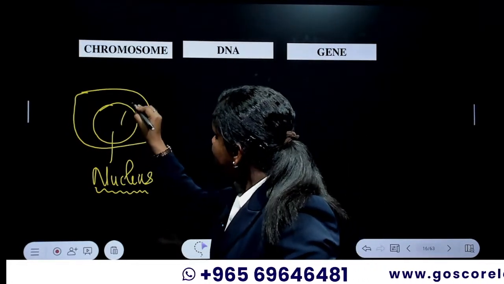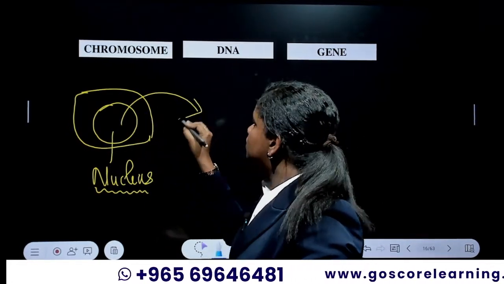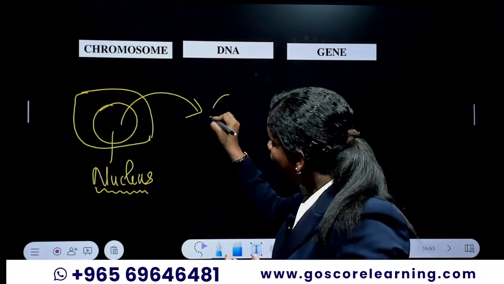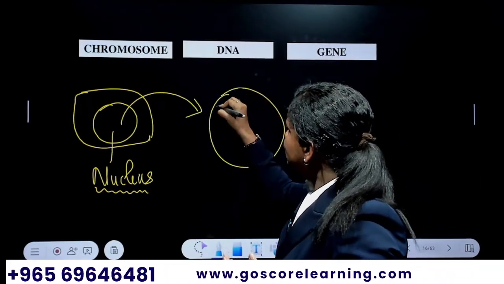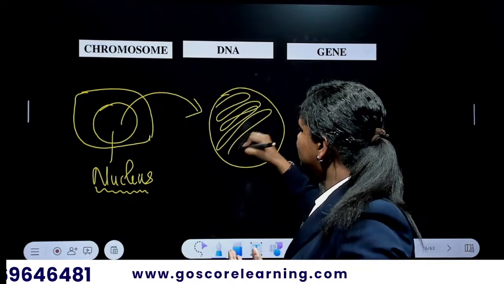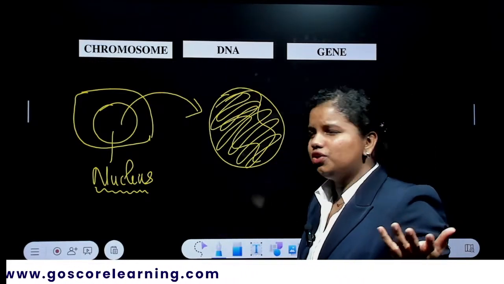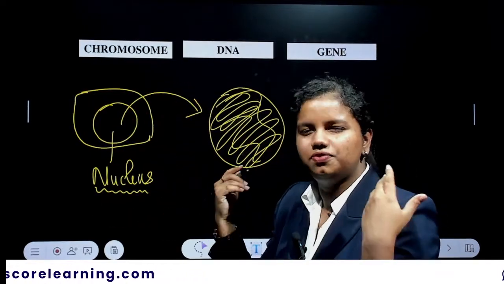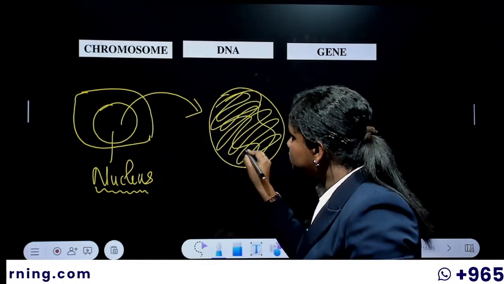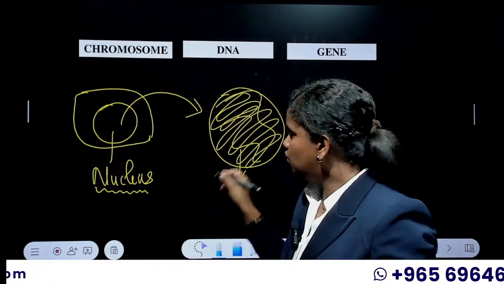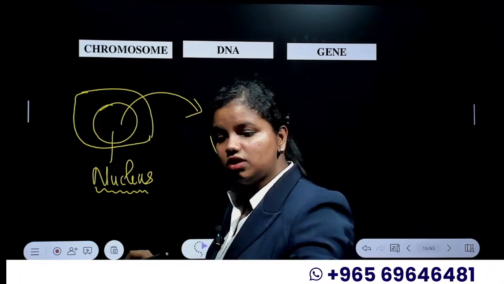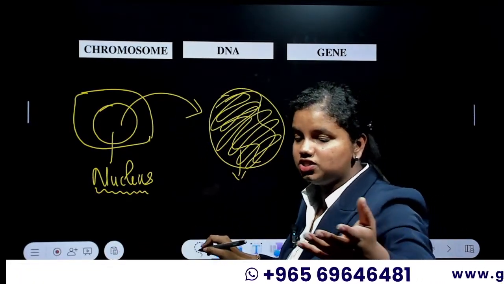So when I take a look into the nucleus, it is so evident that this nucleus has some sort of thread-like structure freely in the nucleus, and this is what you call as a dash. What do you call this particular thing as? Put it in the comments and be active in the comment section.